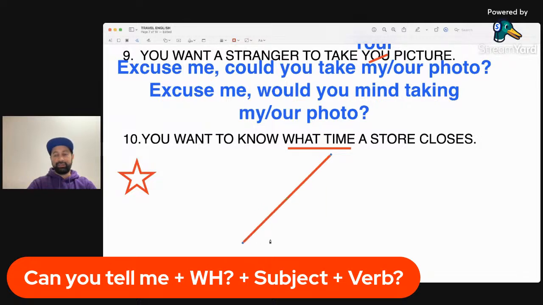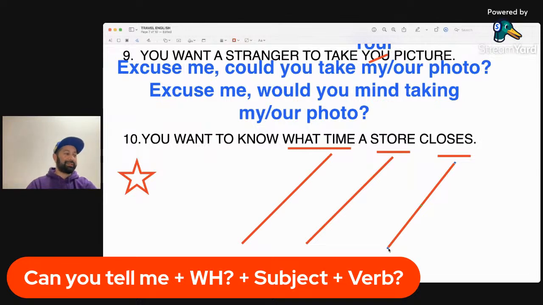Next, I need a subject. The subject is the store. So the store is going to go here. And I've already got my verb here, which is close. So it's going to go here. Can you tell me what time the store, because it's a specific store, can you tell me what time the store closes?